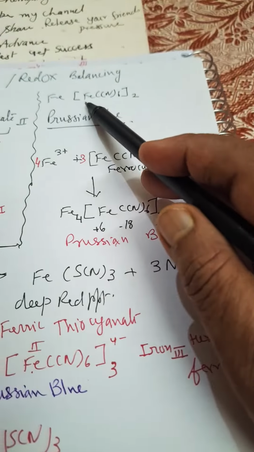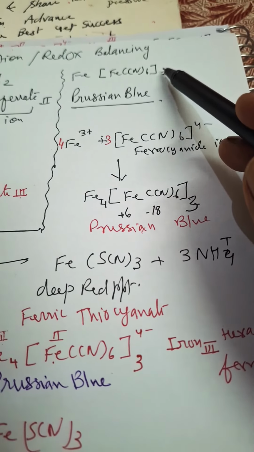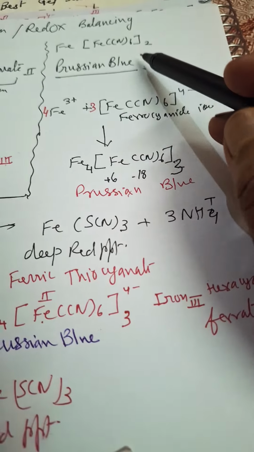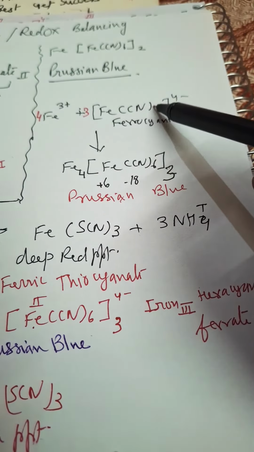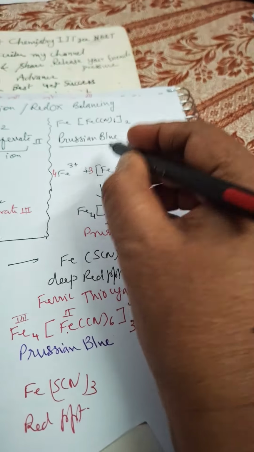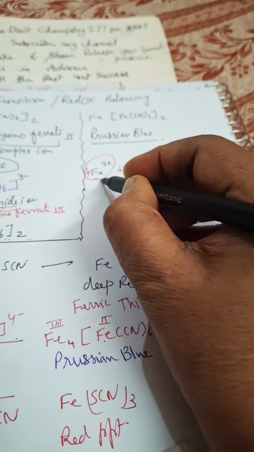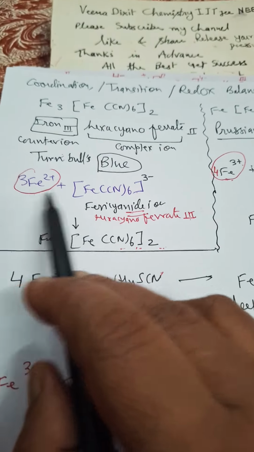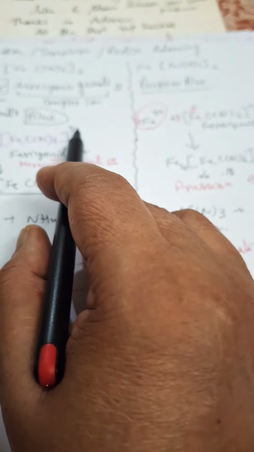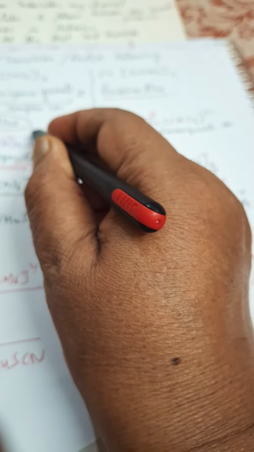Now Fe[Fe(CN)6] within bracket, and this is the complex ion. So this is Prussian blue. How is it obtained? When Fe3+ reacts with ferrocyanide. See, Fe3+, here iron is 2 in the complex, outside the counter iron is +3. Here the outside iron which we are adding is +2, and here this complex ion is carrying a minus 3 charge, because it has +3, so it carries minus 1 into 6, so it has minus 3 charge.